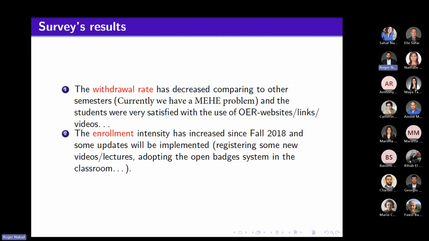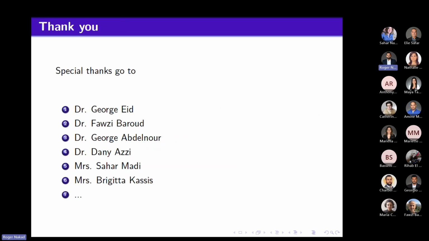Yes, we can see that some students are not required to take Calculus 2, but nevertheless, they prefer to take Calculus 2 before taking the other series of calculus courses, just to have a solid background. And they know about OER in Calculus 2. This makes their choice, if you want, easy, and this gives them confidence for the other series of calculus courses.